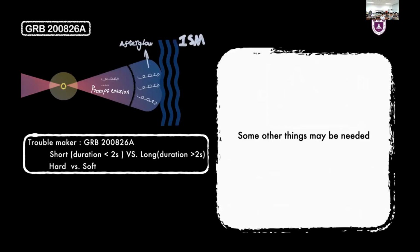But until last year, a troublemaker, GRB 200826A, emerged. It was like a real troublemaker that broke our recognition of the current GRB picture. Okay, now we need to move back to the previously mentioned true short GRB. The first property is the appearance of this GRB's light curve, which shows a true short one. To prove the shortness of 200826A, some other things may need to be added,